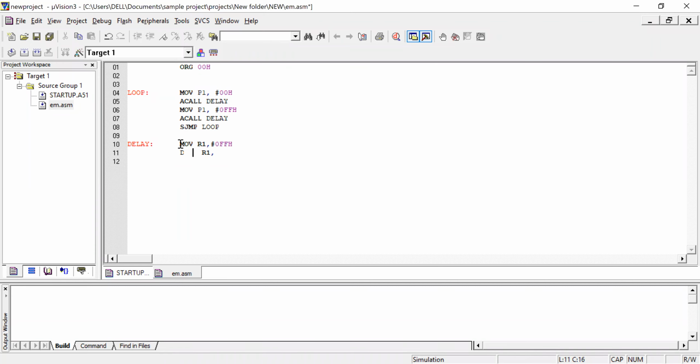After decrement, the condition is not 0. If it is not 0, jump to which address? Again, the same instruction, so that I execute it a number of times until R1 becomes 0.